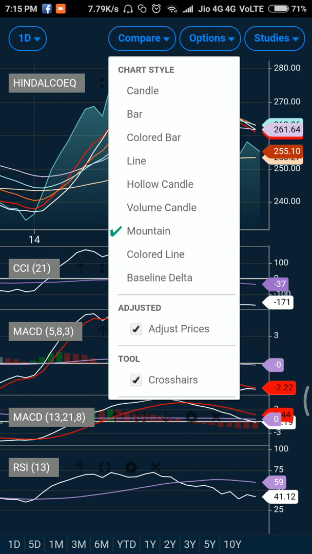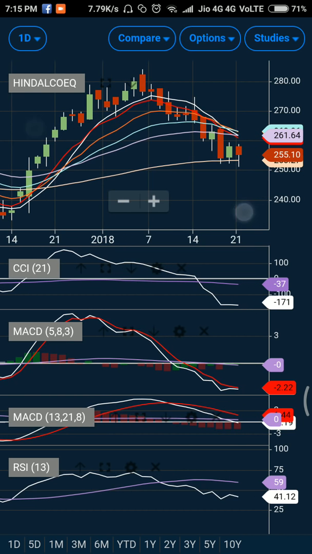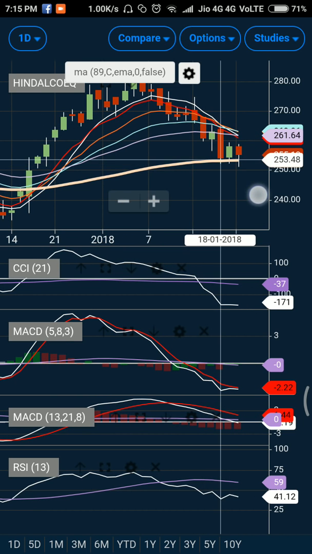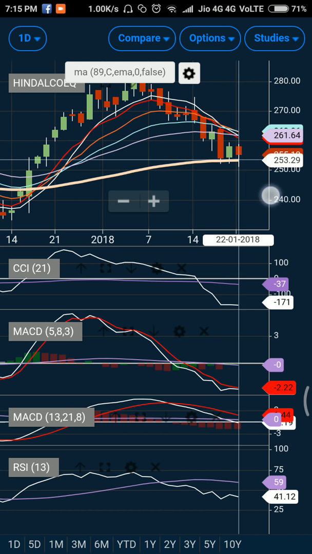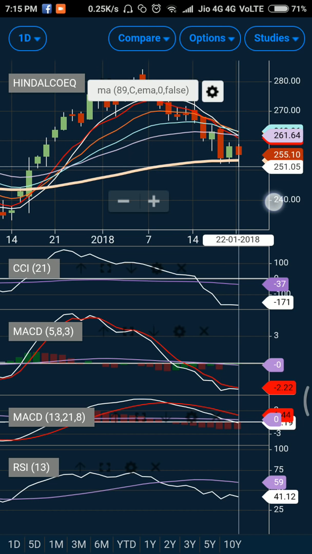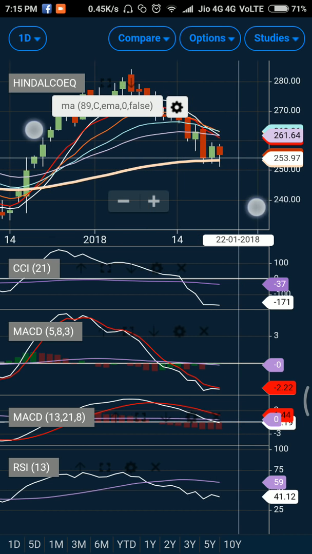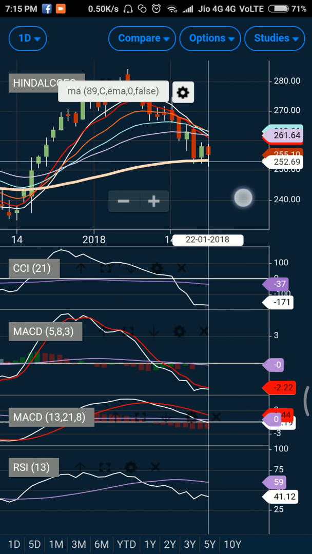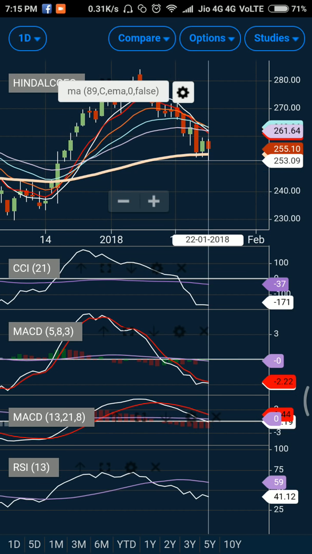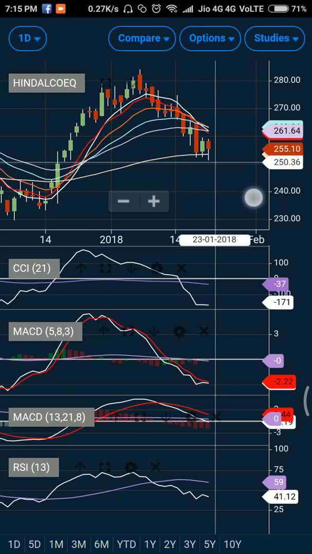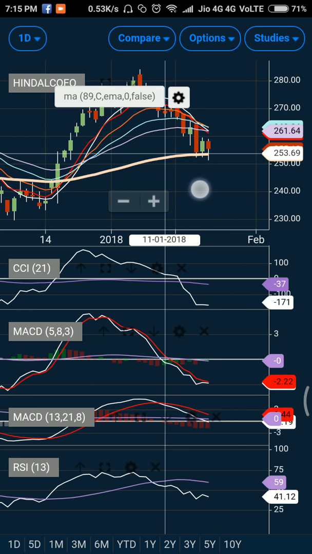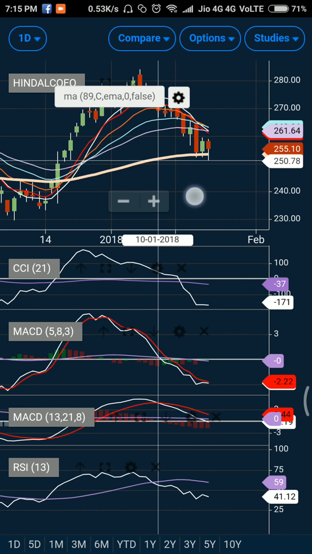So as you guys can see, the stock was taking support near its 89 days exponential moving average, got up, went down, and it also got down from its exponential level, took support and is trading on a higher side. So at this particular point, when it was trading slightly above its exponential average, I decided to go short in this particular stock. And ideally, we should have gone short if the stock was trading below its 89 days exponential